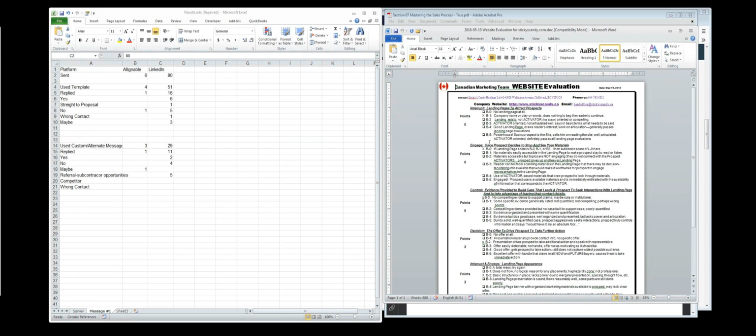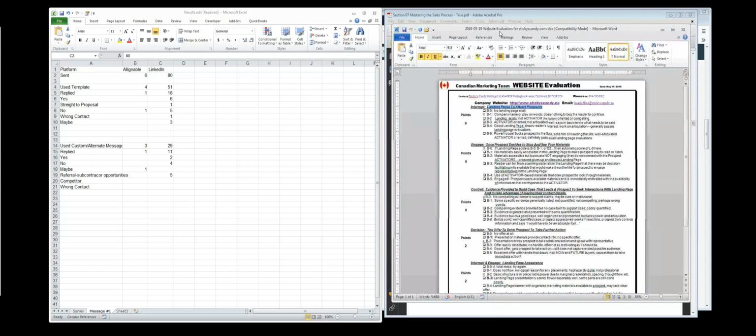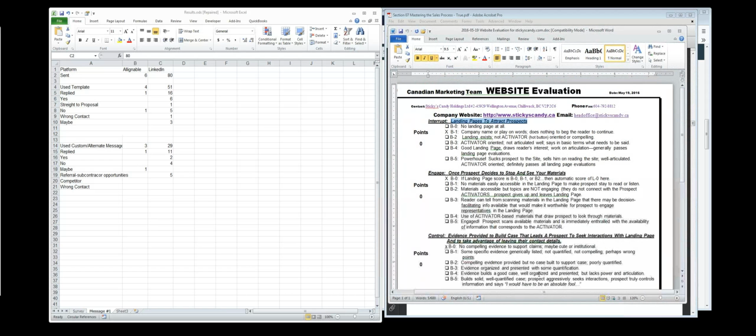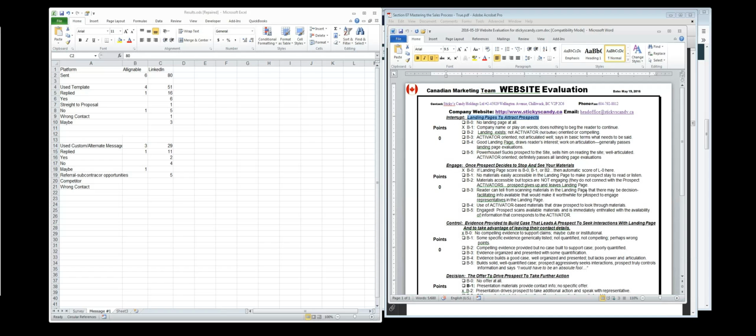What Jason's going to do now is run this evaluator on a website. He looks to see what's interrupting. We've decided that the most important part of a website is the part that allows a person to generate a database. The number one way to grow your business is a database. I think, Diane, you've realized that, right? Yeah. Okay. So we're always growing a database. All the other pages lead to the conversion process, or they can lead away from the conversion process.